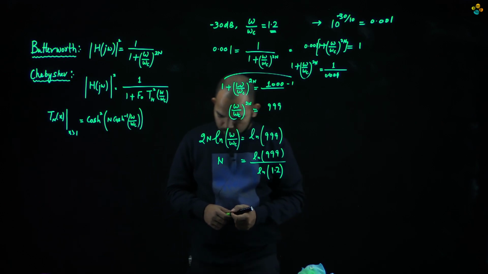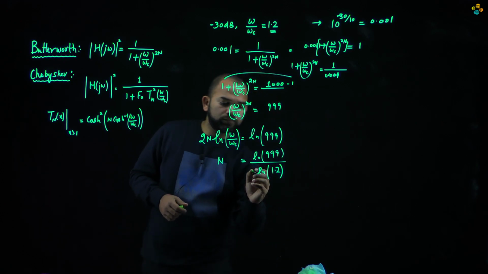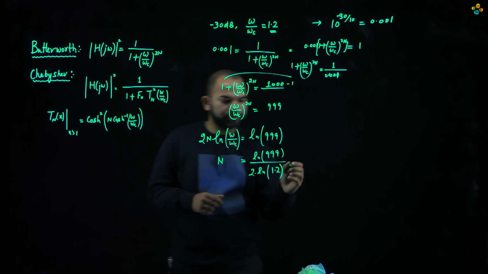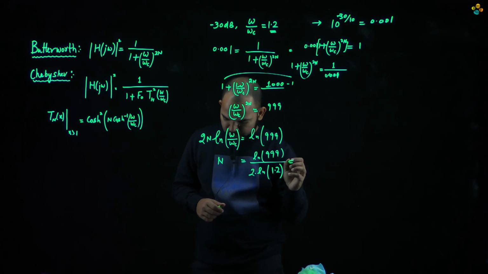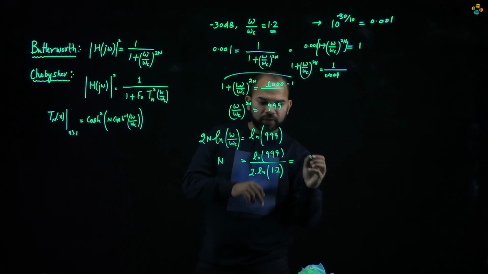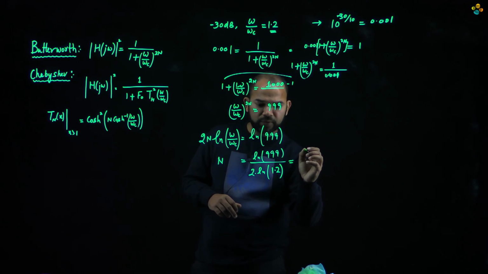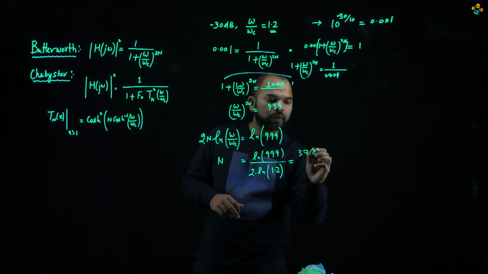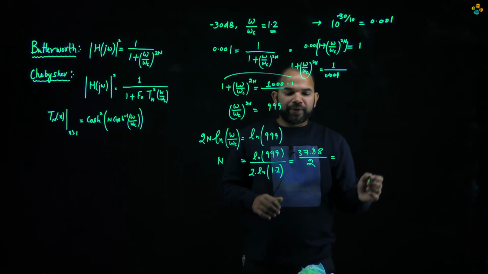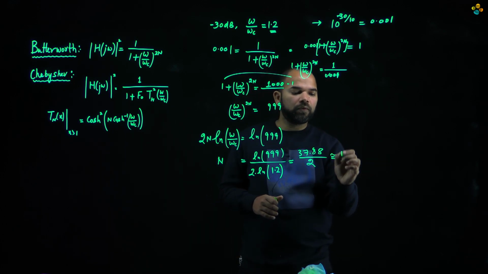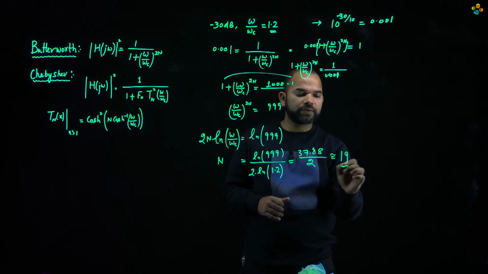So this order comes out to be, there is 1, 2 here, this order comes out to be 16. No, it comes out to be, if we calculate this, 37.88 divided by 2. So it's coming out to be 18 point something, but we always take the integer value, so its order comes out